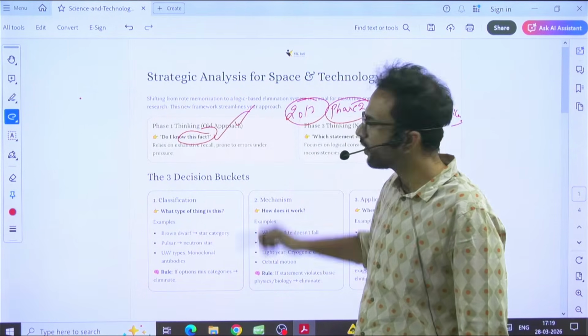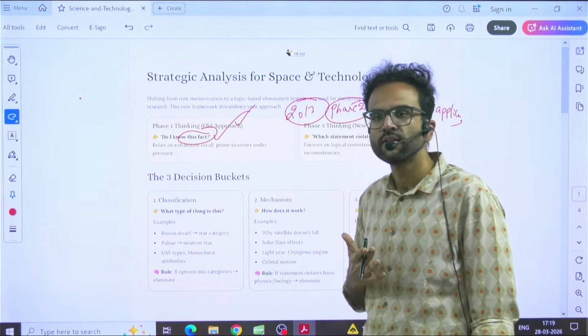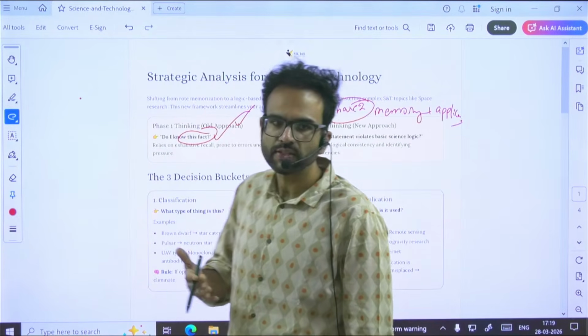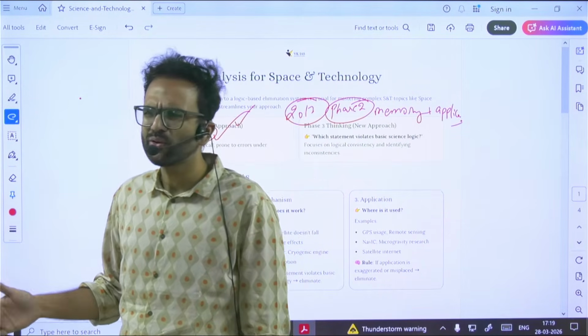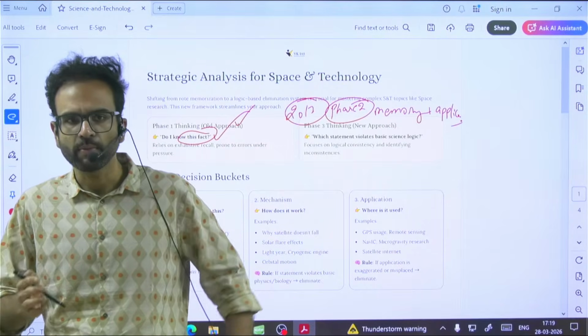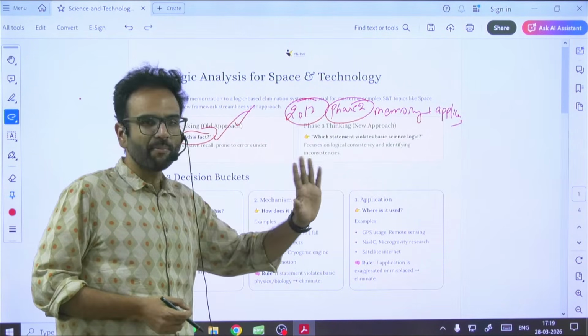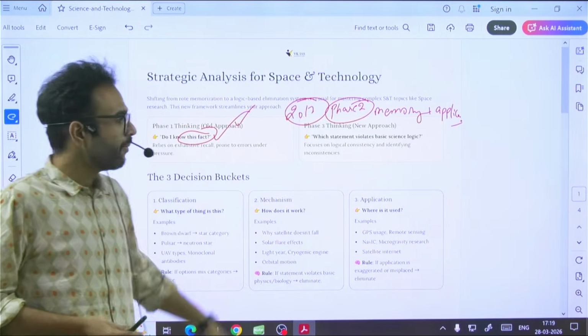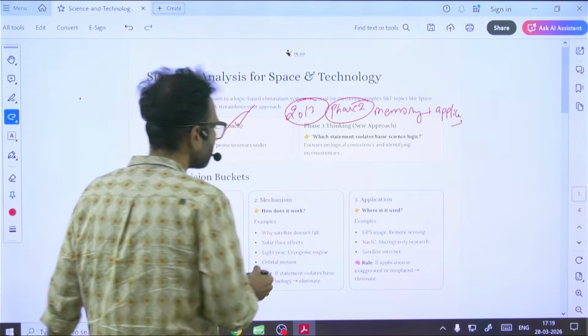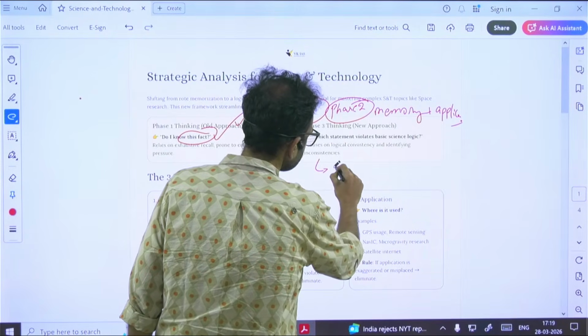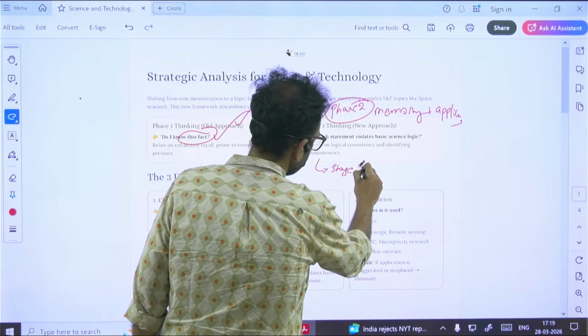So you just need to know the fact in the initial years, say, for example, from 2002 to roughly around 2015. From 2015 to 2018-19, I would say it's a combination of memory and application. But now it is about the mechanism also. The stage 3 is about the